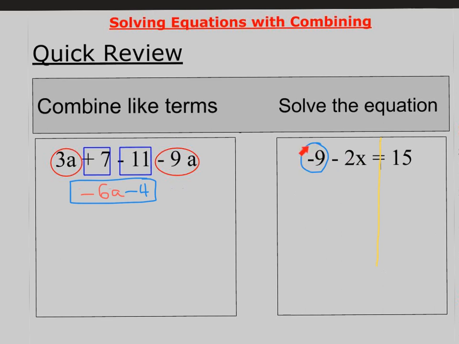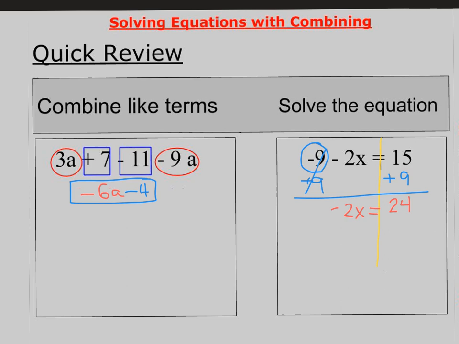So we're going to cancel out the negative 9, and to cancel out the negative 9, we do the inverse operation, or the opposite of what you have, and so that's going to be plus 9. So we'll add 9 here. That would cancel out, and we will add 9 to the other side of the equation. Once we do that, we will end up with negative 2x still on the left side, and 15 plus 9 will give you